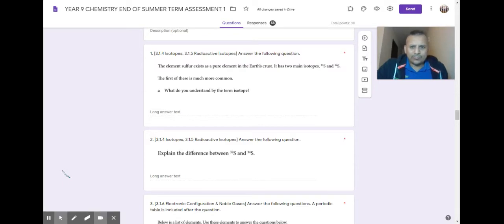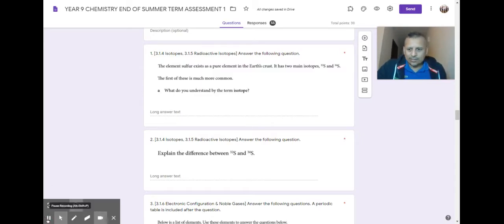When being asked to give differences at GCSE, you need to be able to give precise differences, especially when numbers are concerned. So the first part of this question was, what do you understand by the term isotope? The answer is it's atoms of the same element with the same number of protons but a different number of neutrons. And the second part of this question, where it says explain the difference between 32S and 34S, you need to highlight that there was a difference of 2 neutrons. So how you did this was your choice. You could say that 32S has 2 fewer neutrons than 34S,